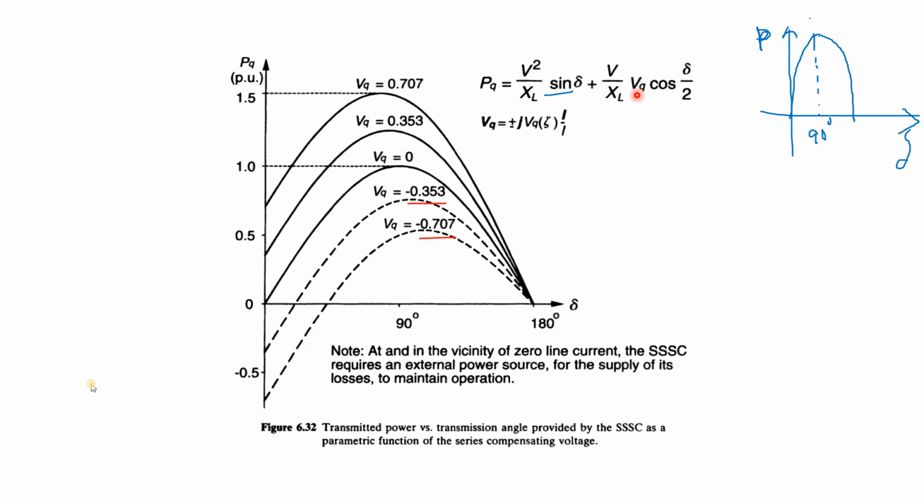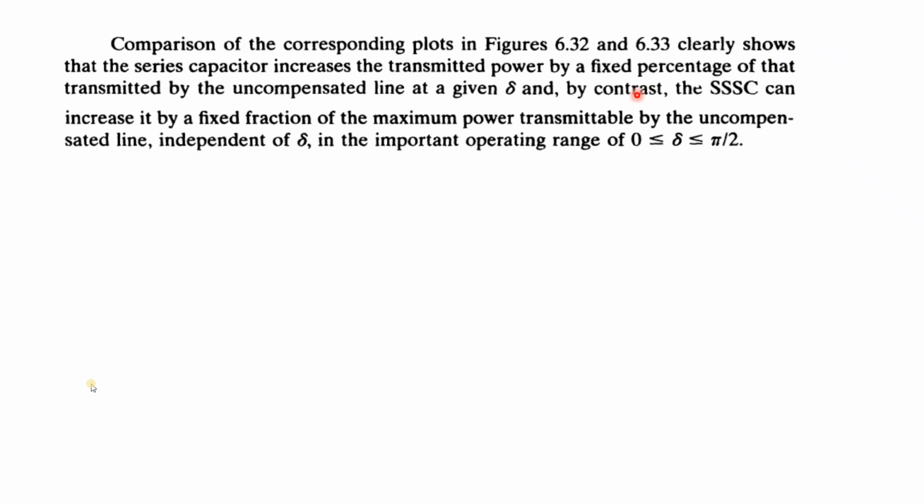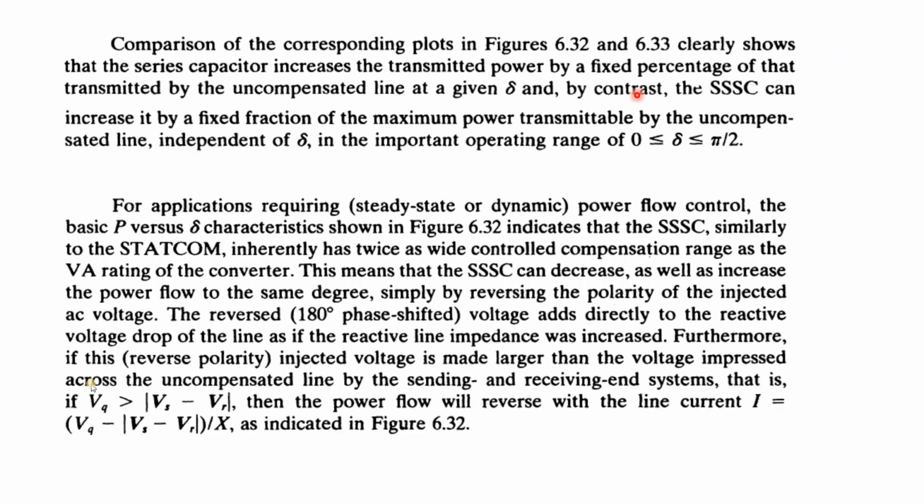When there is some fault, the load has been cut off, so there is excess power. The excess power cannot be transmitted, so the governor system indicates that the generator should regain its stability and the load angle will decrease. So there is an involvement of load angle all the time, but if an SSSC is connected, whatever be the load demand, the SSSC can increase the power transfer limit independent of the load angle. Whatever the load angle is, the power transfer can be maintained successfully.